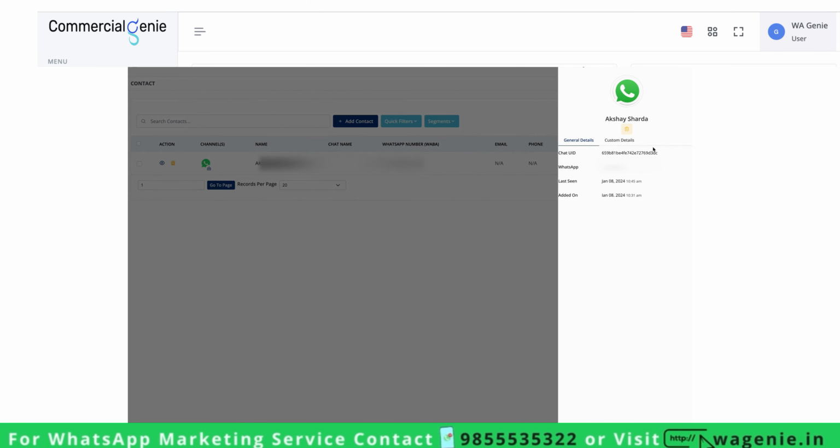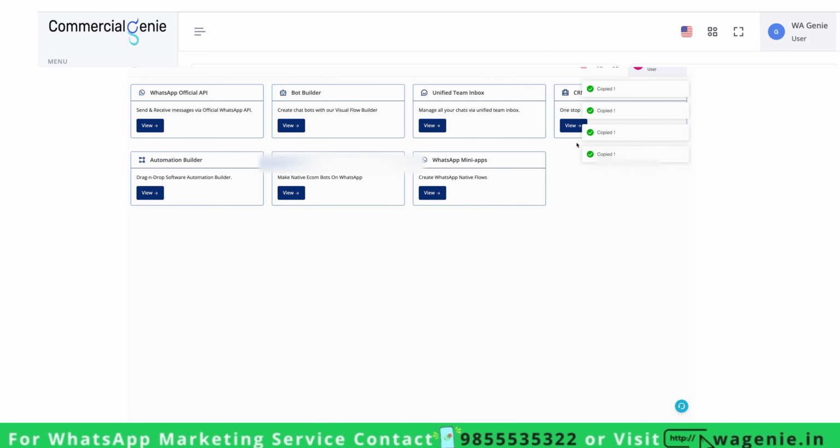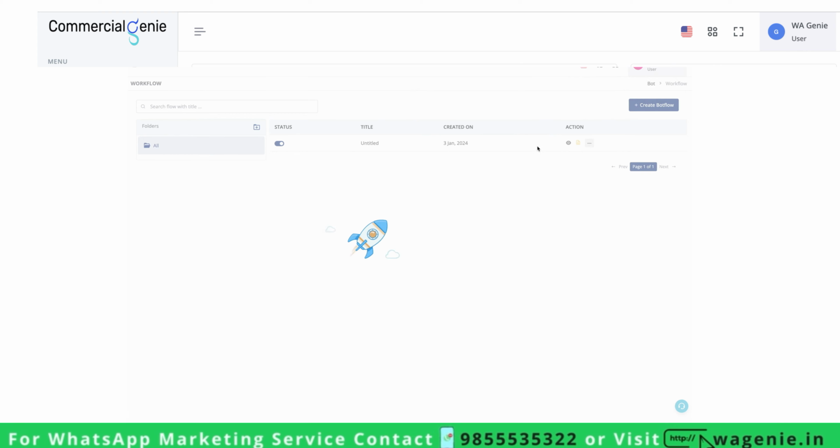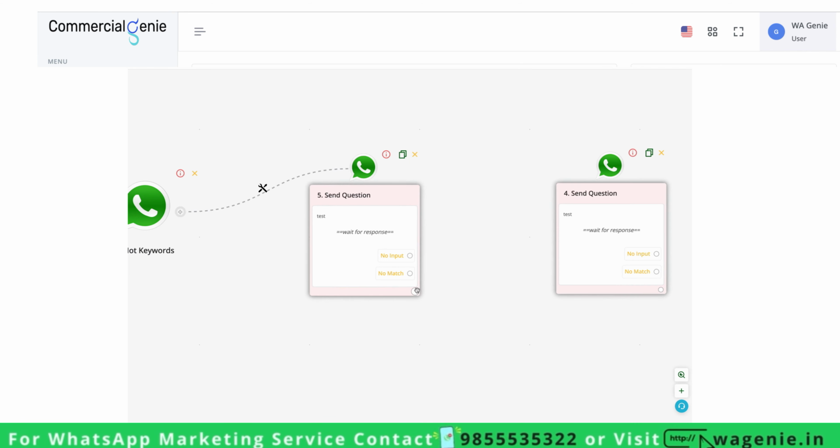Click on this view icon, click on custom fields, and we'll see that we have received the data here in the custom field. Now from the general details tab, copy the chat UID. This is required to create the bot or to segregate the fields further. We'll again go to the bot builder, and in the same bot